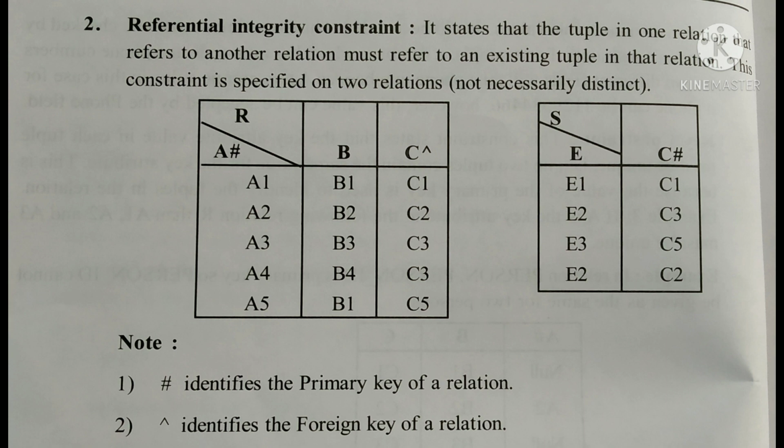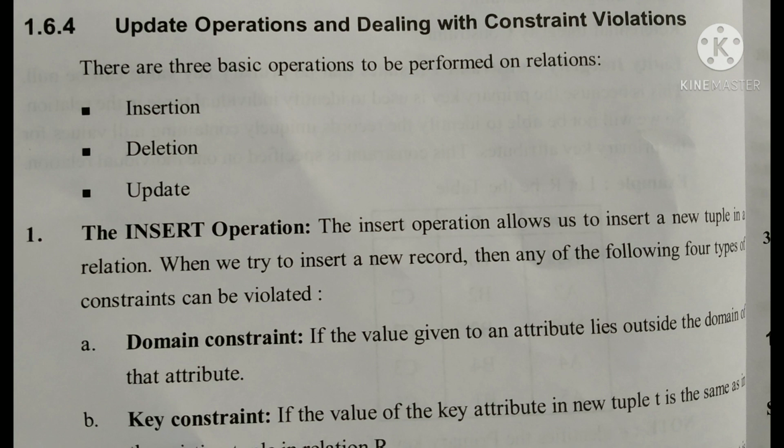In this one, the hash identifies the primary key attribute. In the relation, A hash means it belongs to the values of the relation. In the relation R above, the primary key has null values in the tuples. That is, T1 and T3 have null values in the primary key. T1 means A1 is given as null, and A3 is given as null. Null in a primary key is not permitted. Thus a relation instance is an individual instance.